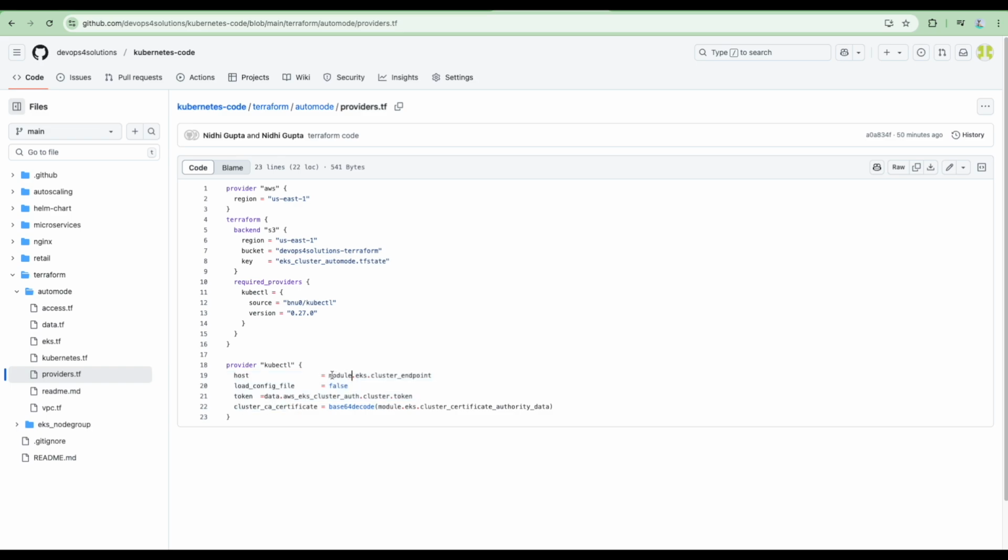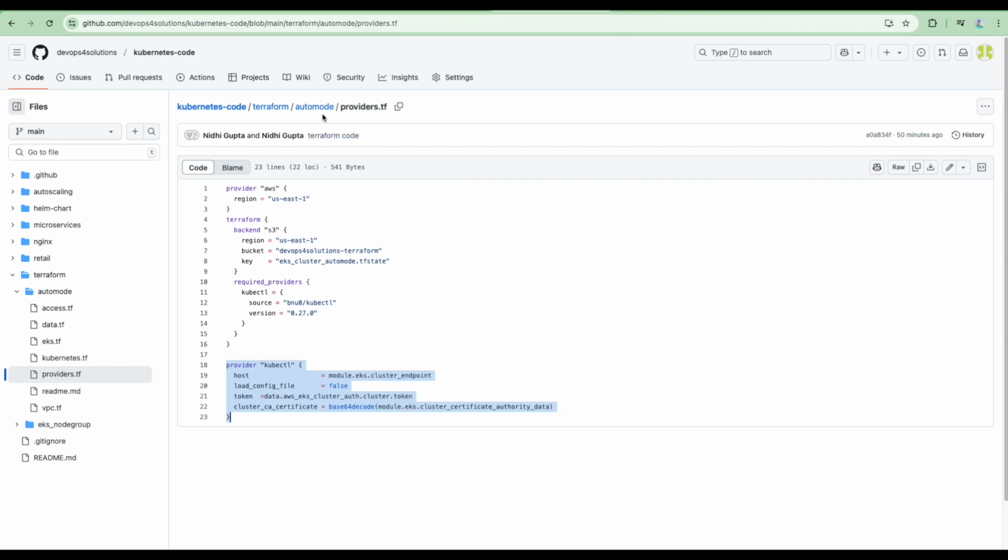Here you can see that I am providing the cluster endpoint, the token, and then the cluster CA certificate. This is all again in the Terraform documentation, what all options you have.